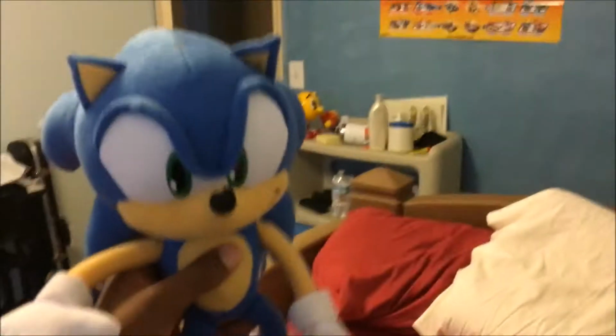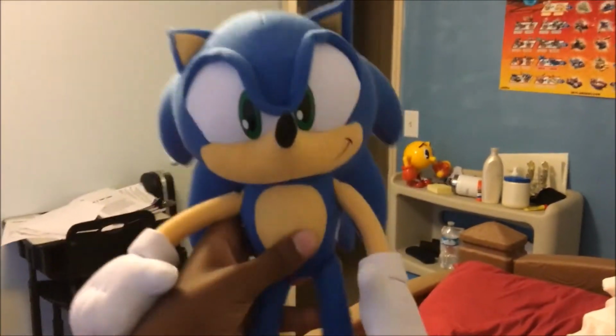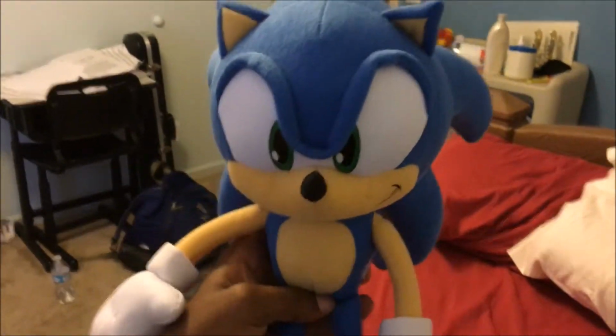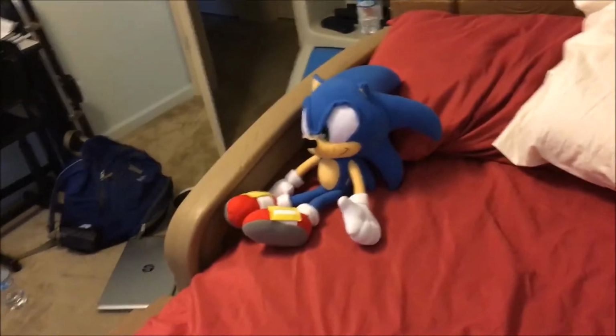This Sonic right here looks really good. It's really clean, a nice looking plush. His head looks amazing. His stomach looks great. Every detail that's on Sonic the Hedgehog is on this plush. So yeah, there is Sonic, and then of course we got